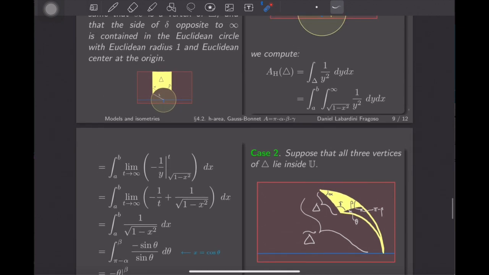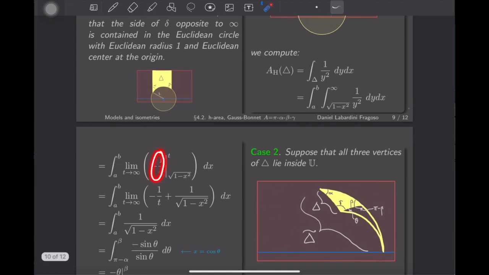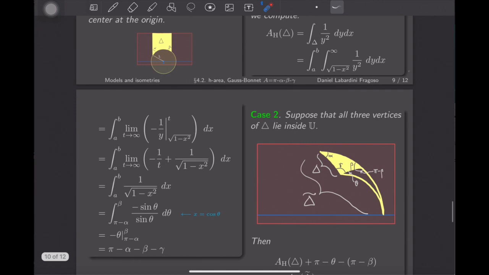Now for fixed x, this integral is a limit. It's a limit of the integral up to t, right? But okay, up to t of what? Well, this one is easy to integrate to find an antiderivative, right? And so antiderivative from lower to t, and then t goes to infinity. Okay, again basic calculus. I plug in, and when t goes to infinity,